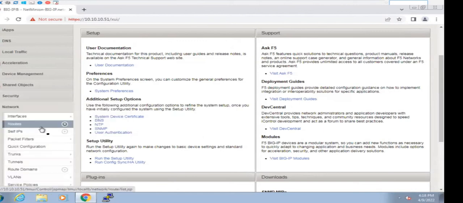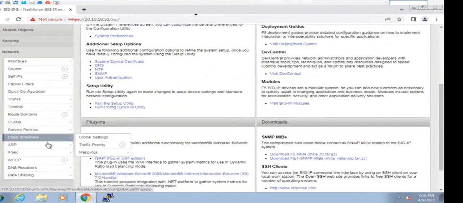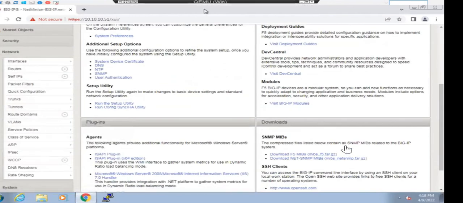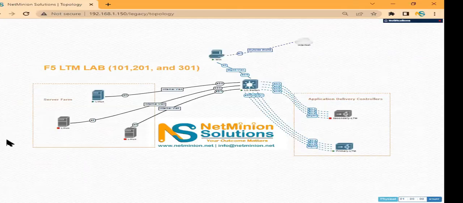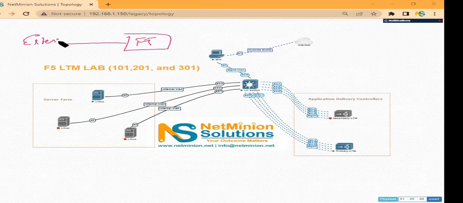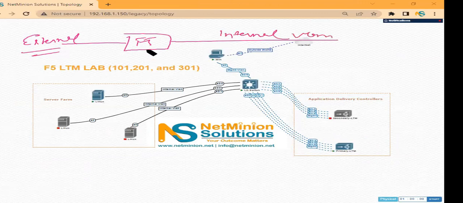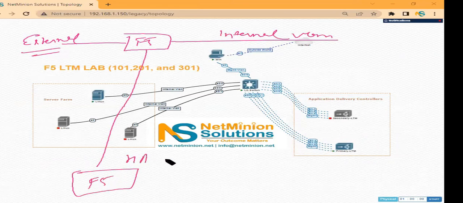Network: how your connectivity happens. If you see, you can recognize how many ports there are? 4 ports. So there are 4 interfaces. Depending upon your requirement, it can be 3 also if it is single arm mode, but it's all right. Why does F5 require 4 ports? 1 port for the external users, or we can say the external VLAN. 1 for the internal server, or I can say the internal VLAN. 1 for the second device, if there is one, I can say the HA VLAN.